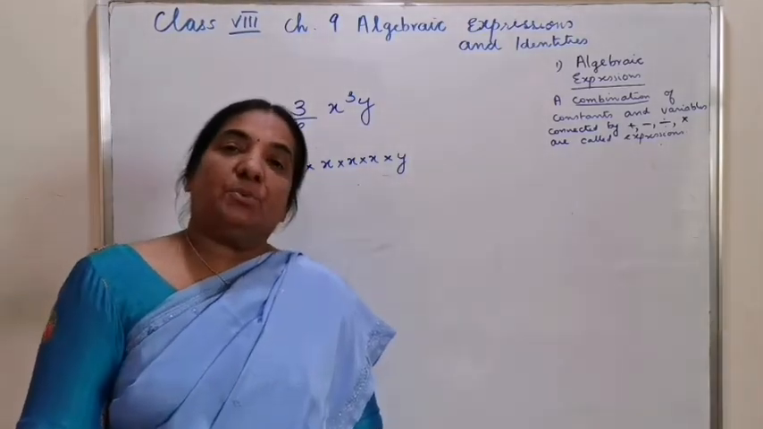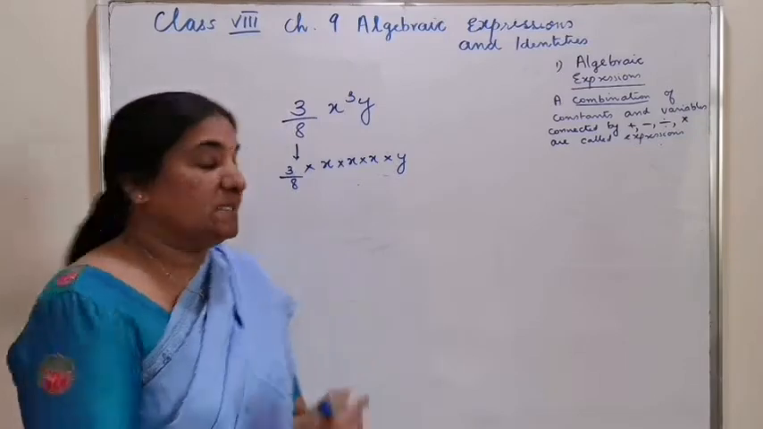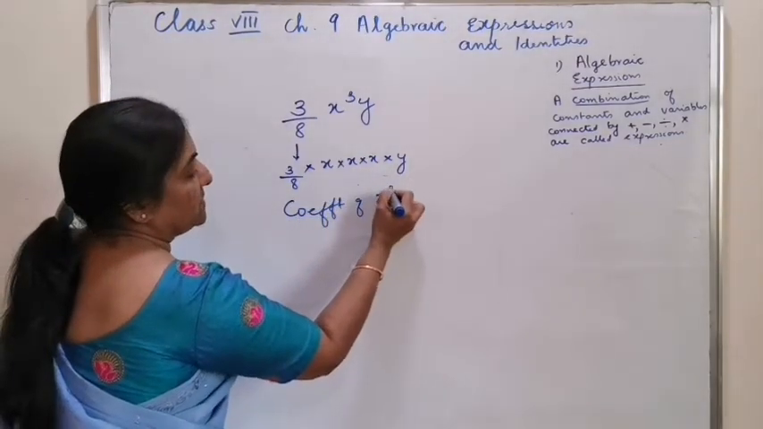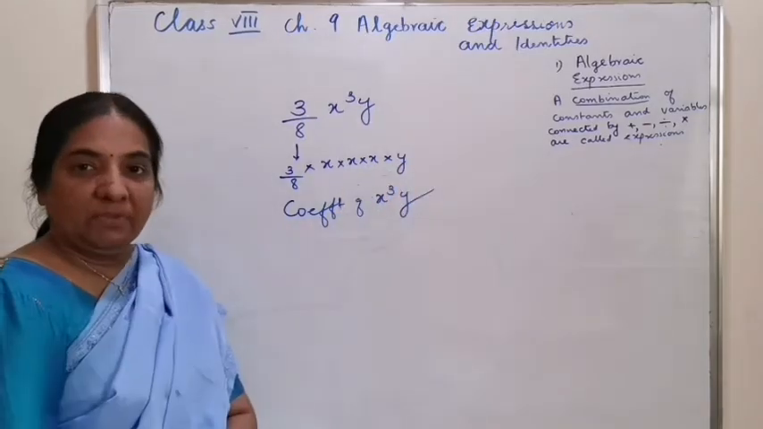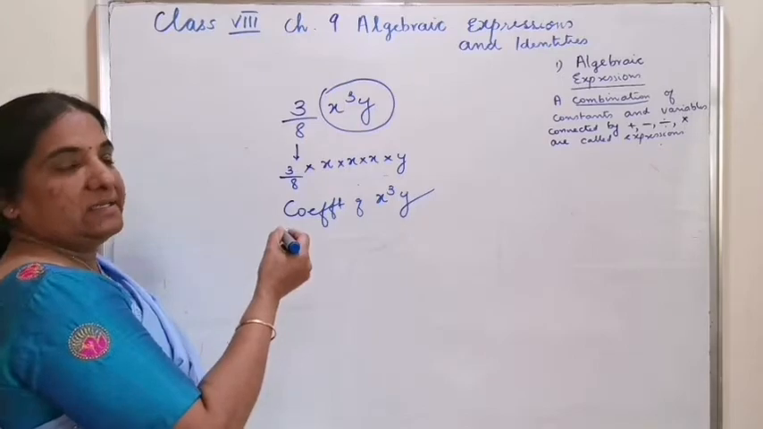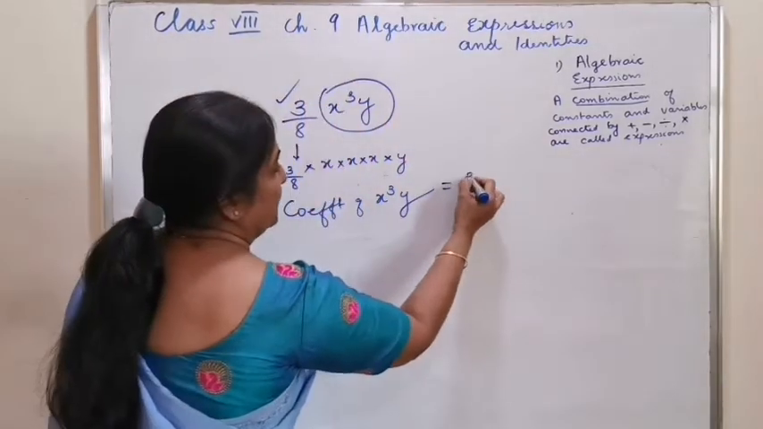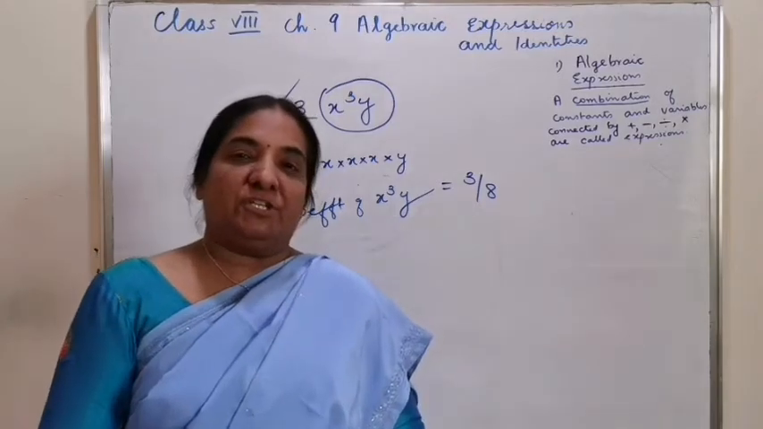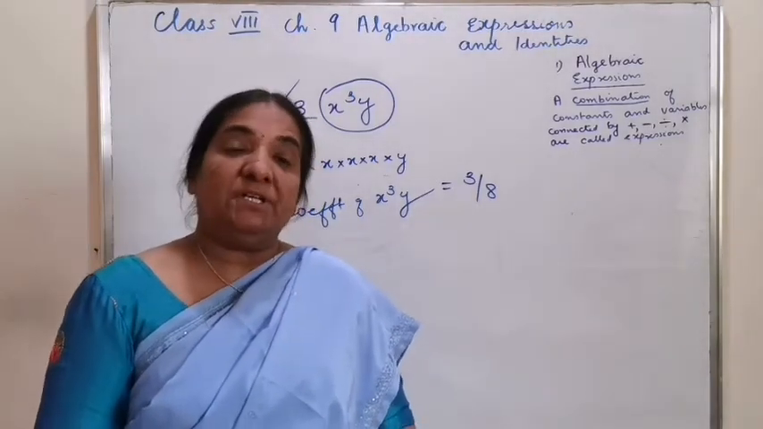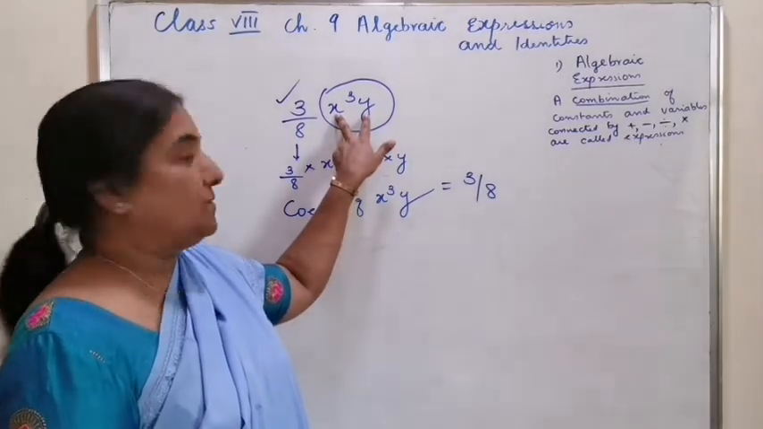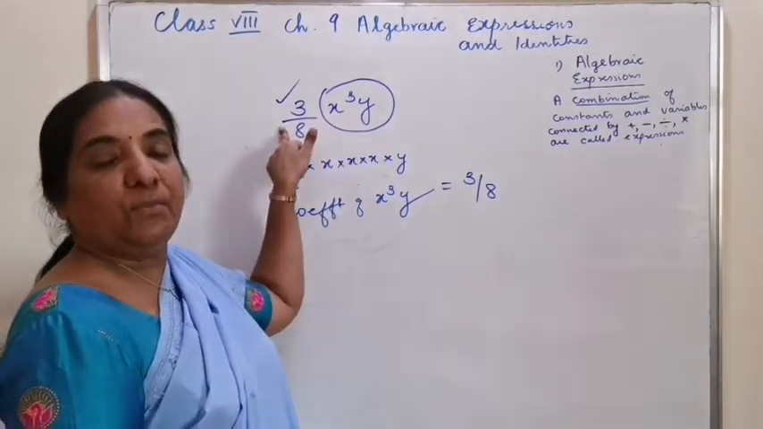If I ask you the word, what is the coefficient of x cubed y? Here, the coefficient of x cubed y is 3 by 8. It is only a numerical coefficient. So, when we mention the coefficient of x cubed y, it is understood that it is a numerical value of